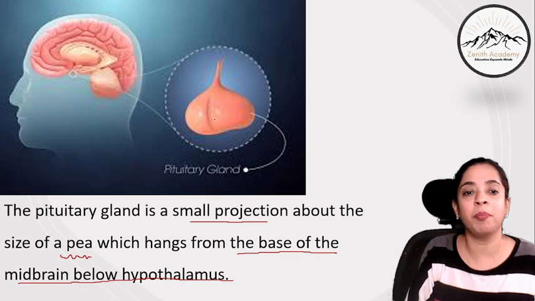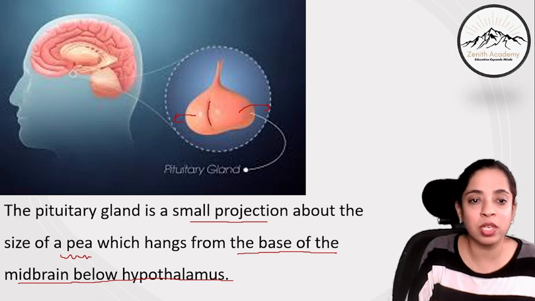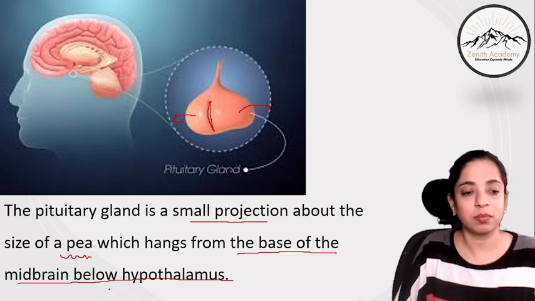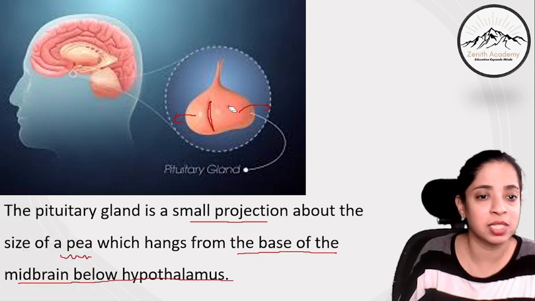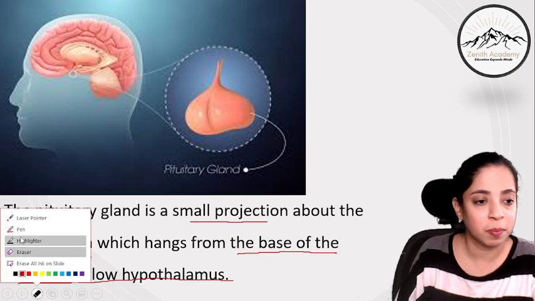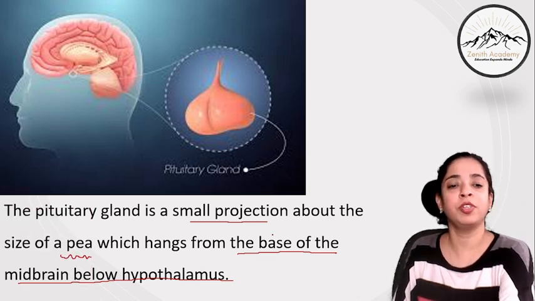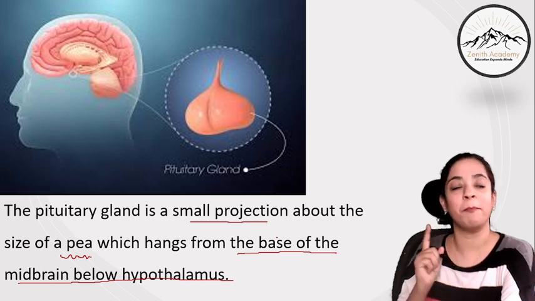So this is how the pituitary gland looks. Can you see there are two lobes, 1 and 2, and there is a small intermediary lobe. I will tell you about all these parts later on. So let's start. The pituitary gland is a small projection about the size of a pea which hangs from the base of the